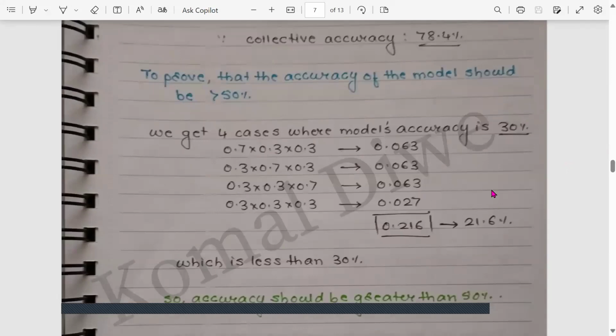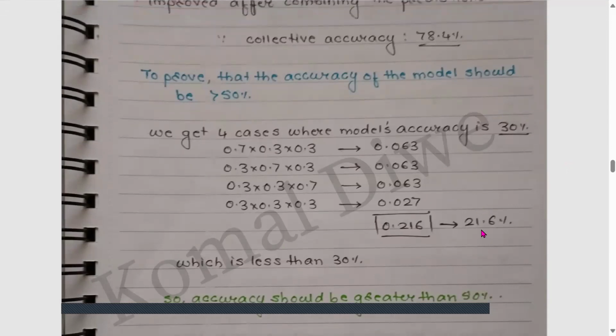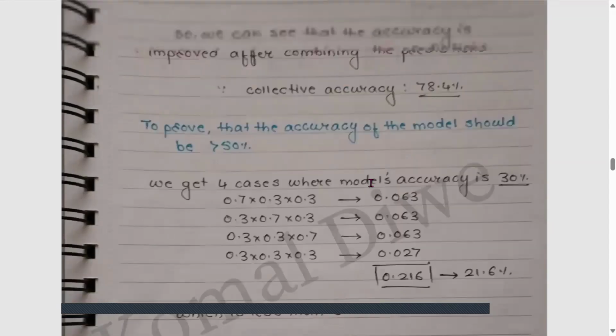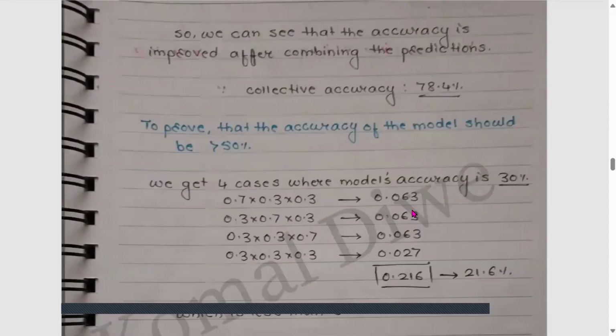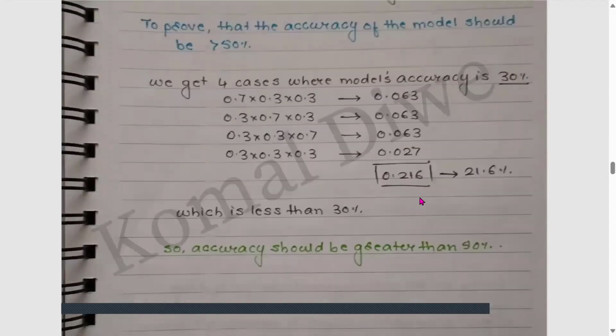The final accuracy, the cumulative effect of the models, is worse than the individual accuracy. The individual accuracy was 0.3, 0.3, 0.3, but the final combined result became worse,